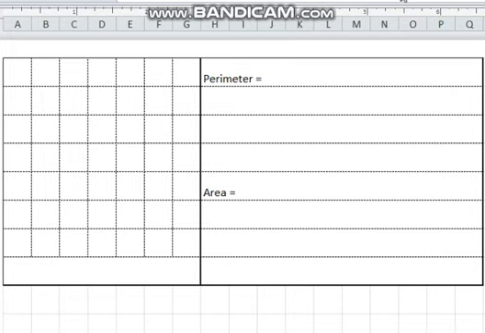Okay, so for the first topic, the subtopic is about rectangles and squares. Let's do some review first. We need to remind ourselves again about the properties of rectangles and squares. For rectangles, the opposite sides are equal, and for squares, all sides are equal. Okay, let me show you first by drawing